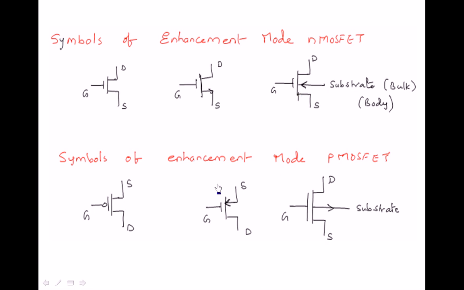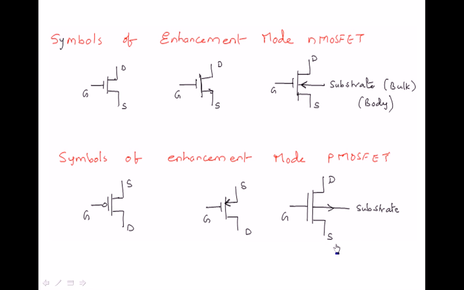And if you check the PMOS, it is exactly opposite. Normally PMOS is the opposite of NMOS. So this bubble indicates it is PMOS. If you compare with the previous NMOS symbol, there is no bubble, and a bubble implies inversion. The second symbol has the arrow on the source. Here also the arrow is on the source terminal only, but it is coming inside. So from this diagram we can say that in PMOS current always flows from source to drain, whereas in NMOS current always flows from drain to source.